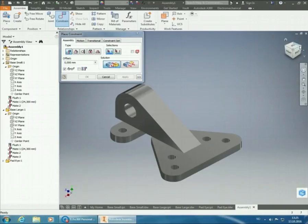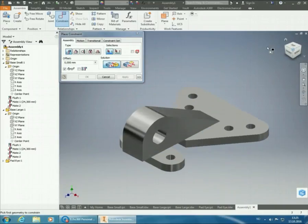And for the Z direction, it is fairly easy. We just need the front of the pad eye to be on a line with the front of the small base. So we'll just mark the front there, and then we'll mark the front underneath there. But now we need to think a little bit about it, because